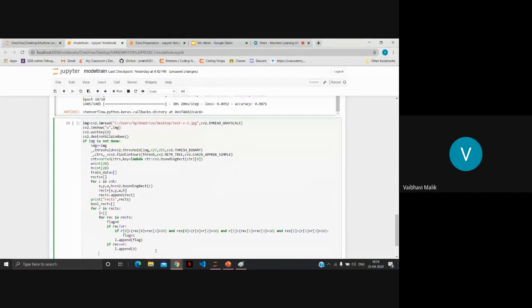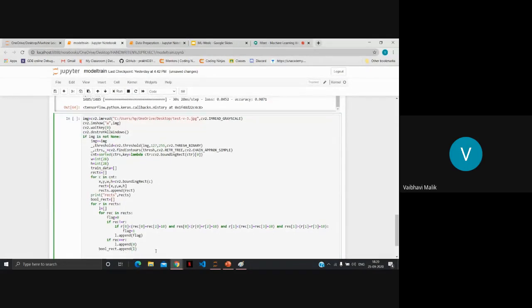Now we will append all these into the bool rectangle array we have created. Done. I will show you how this looks when we run this.